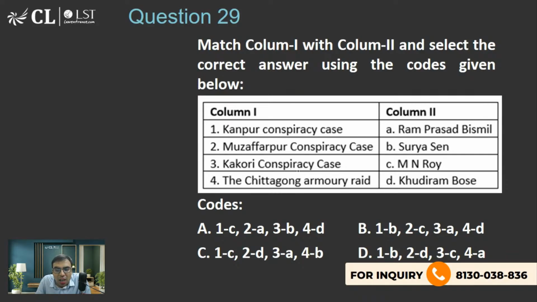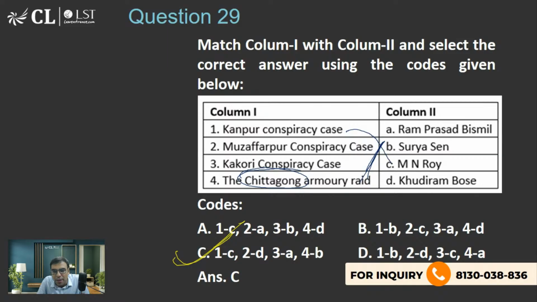देखो, चिटागोंग आर्मरी रेड, अभी मैंने बताया, चिटागोंग सूर्या सेन, 4 का बी कहाँ है, एक ही जगह है। So it's very easy now. अभी मैंने discuss करा है, C is the right answer, yes. तो अभी I just discussed 1930 सूर्या सेन चिटागोंग आर्मरी रेड, yes. बाकी भी पता होना चाहिए, ठीक है।